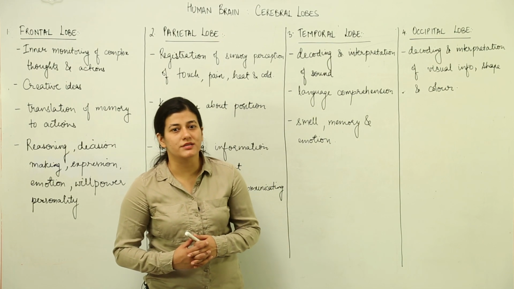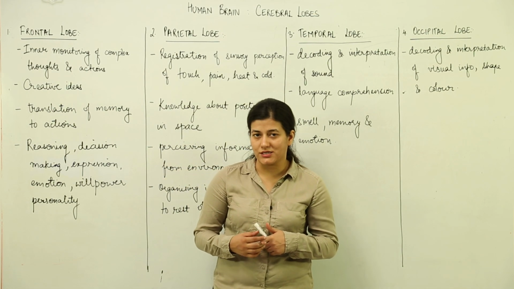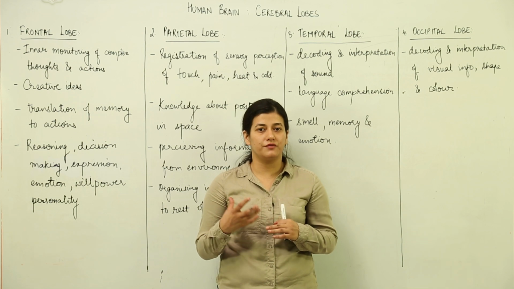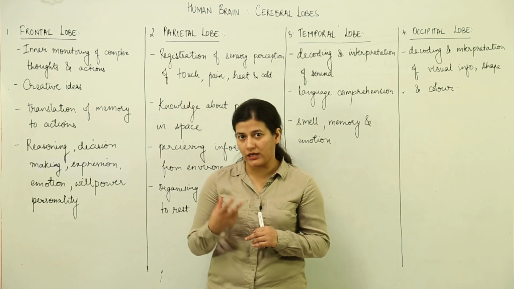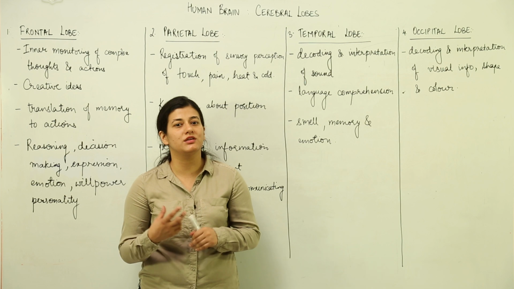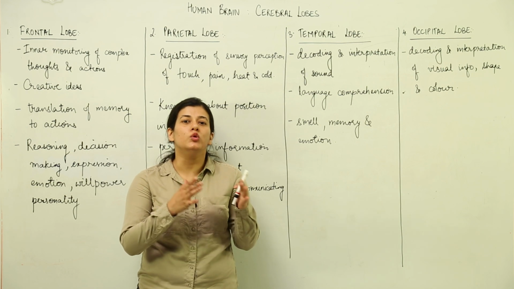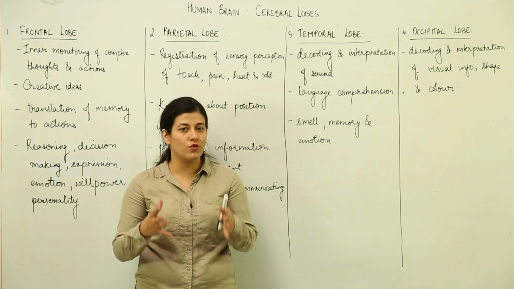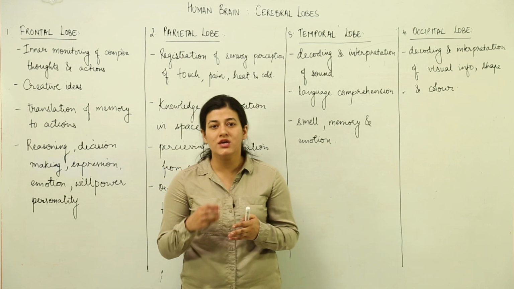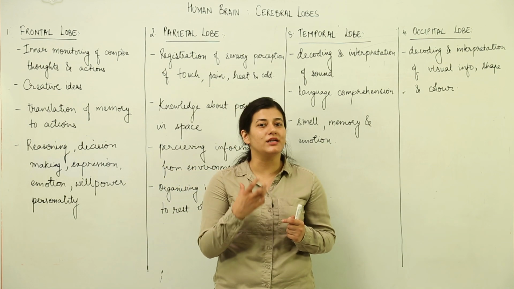Our cerebrum is a hemispherical structure, we know that. It has been divided into different lobes, 4 lobes namely, and the name of each lobe is given according to the skull bone which encloses it. So, we have 4 lobes, and now we are going to study in this lesson the function that each lobe